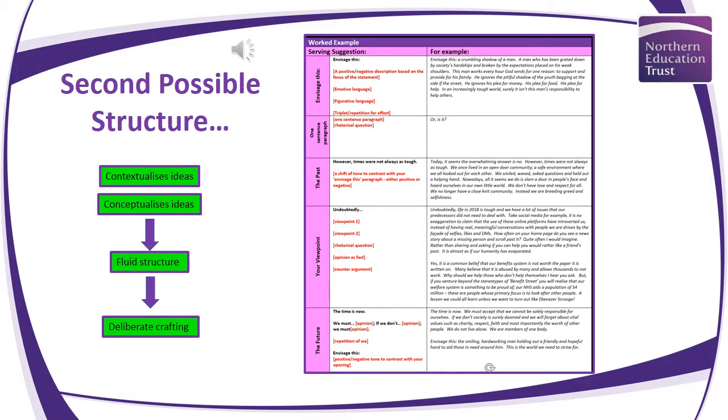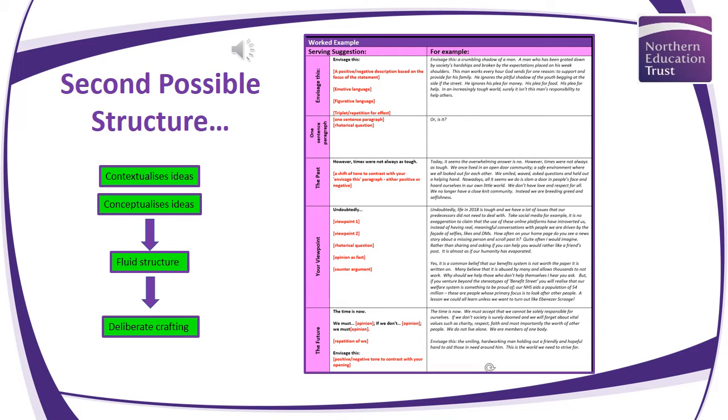And our second possible structure. Instead of starting with a shocking statistic, it starts with an emotive anecdote. So envisage this. The idea for this structure is, after you decide whether you've got a positive or a negative stance on the topic, you then create and envisage this paragraph, which uses the effective elements of descriptive writing, which our pupils are really effective at doing,